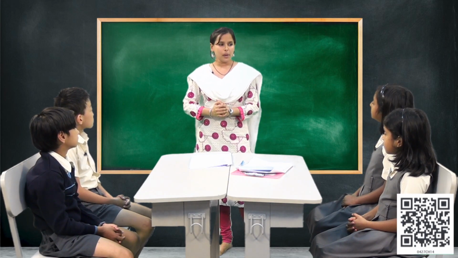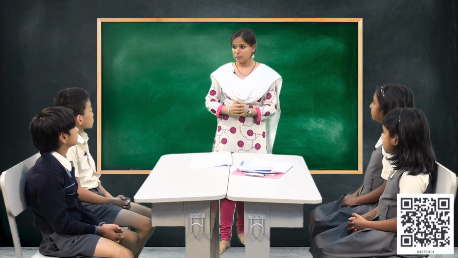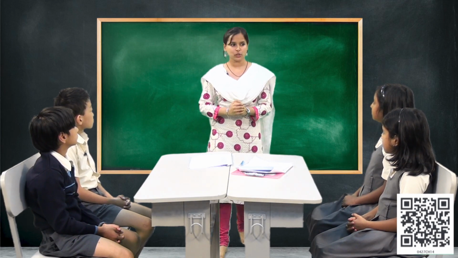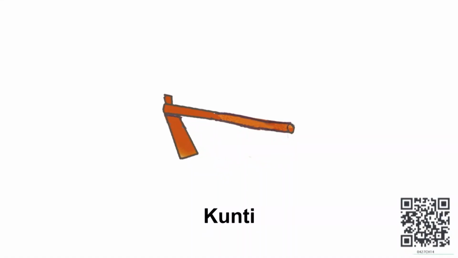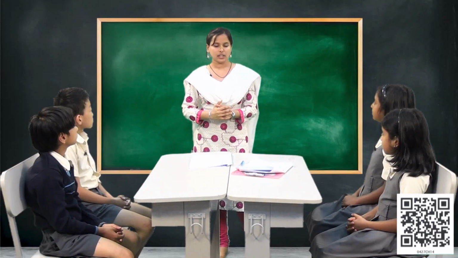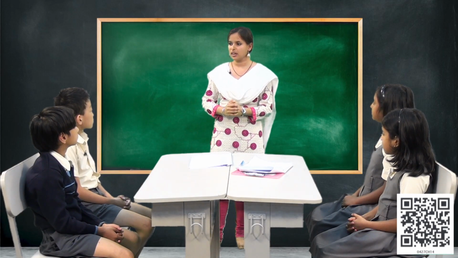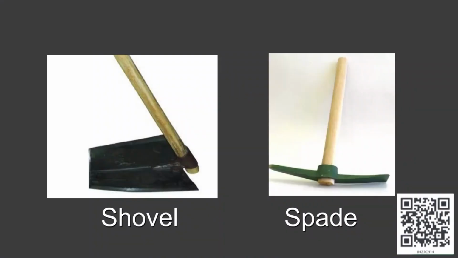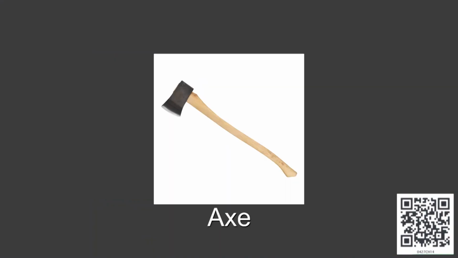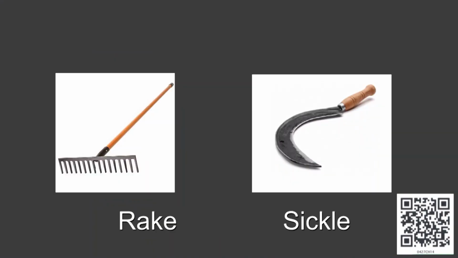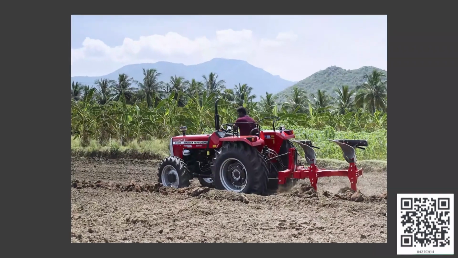There are many things that are involved in the process of the onion crop. His appa, meaning father, has been using a khunti, that is an iron rod, for loosening the soil. Now children, can you tell me what are the various kinds of implements that are used for loosening the soil? Shovel and spade. Axe. Rake, sickle, etc. I have seen a tractor being